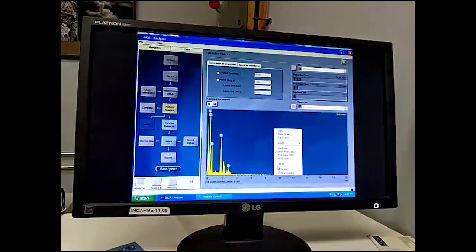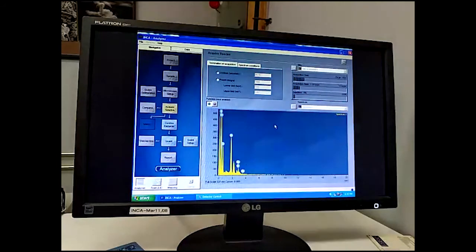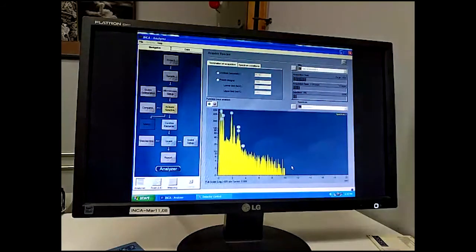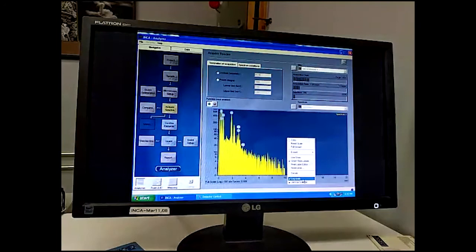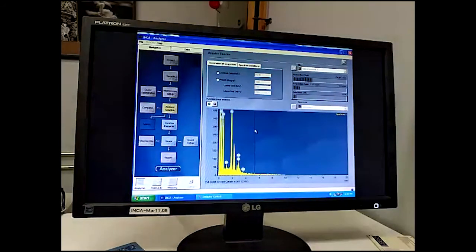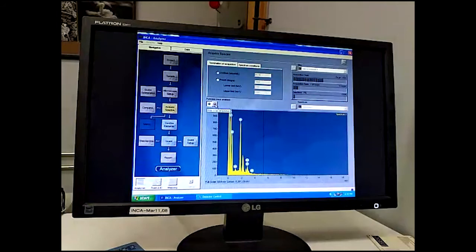Right-clicking on here, we can add a scale bar. We can make that logarithmic if we like. You can drag it up and down. And you can also set the process region on there. So I'm going to stop that now that you've seen that functioning, and we're going to switch to point and